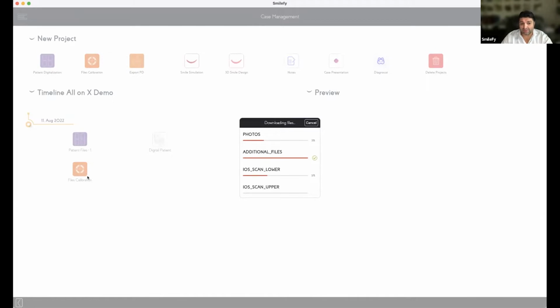The calibration was really hard because it was very, very hard to bring the picture and the intraoral scan together, to superimpose them. So I did it before because I just wanted to have all this stuff done, and then we can go and work on the design.